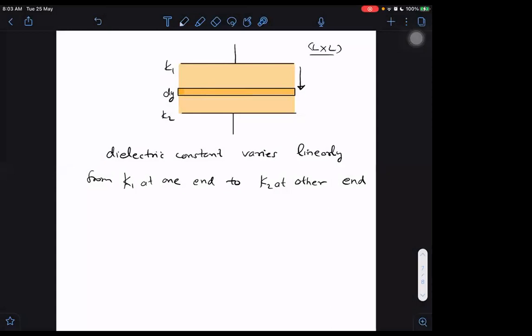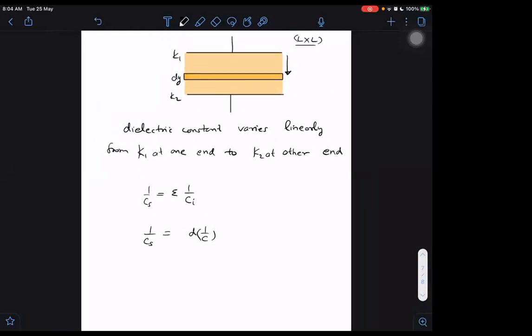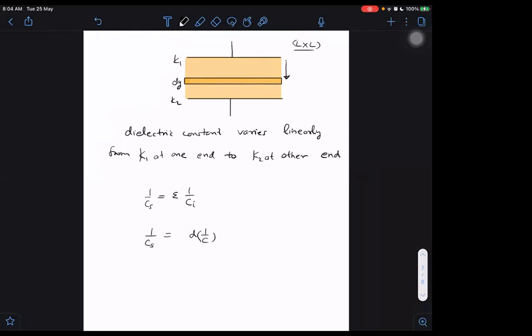What is the formula for series? I have C1 C2 by C1 plus C2, and sigma 1 by Ci is equal to 1 by Cs. But sigma will change into integration, so it will be integral of d(1 by C) equal to 1 by Cs. Here I have to take 1 by C first. So first of all, what is C? The C value will be equal to epsilon naught into dielectric constant, let us say K. I have to find out the K value because it is not given to us.